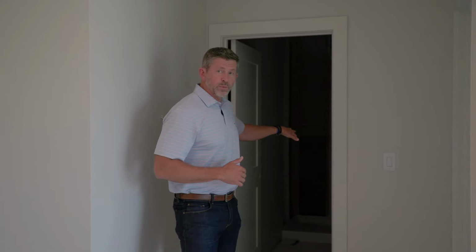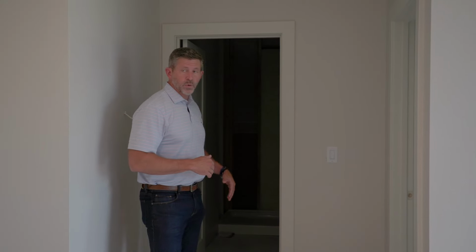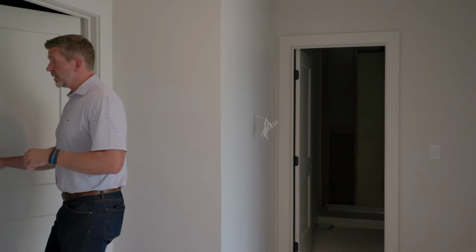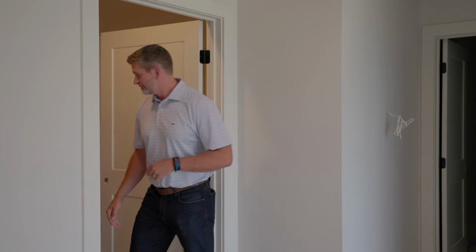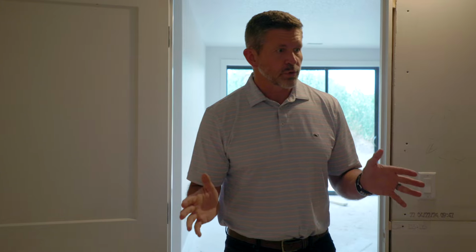All right, so we've got the bedroom here. It's just a pretty good sized bedroom. You got a 3/4 bathroom with a shower, a toilet, and a sink. And then over here, you're probably gonna have storage. I'm just gonna peek in here real quick. Actually, come with me. Okay, so you come in here to the storage room